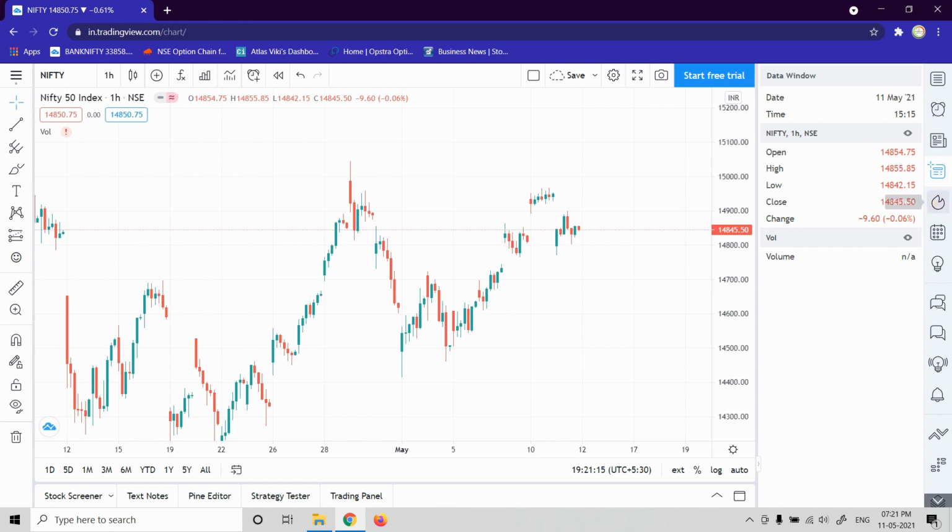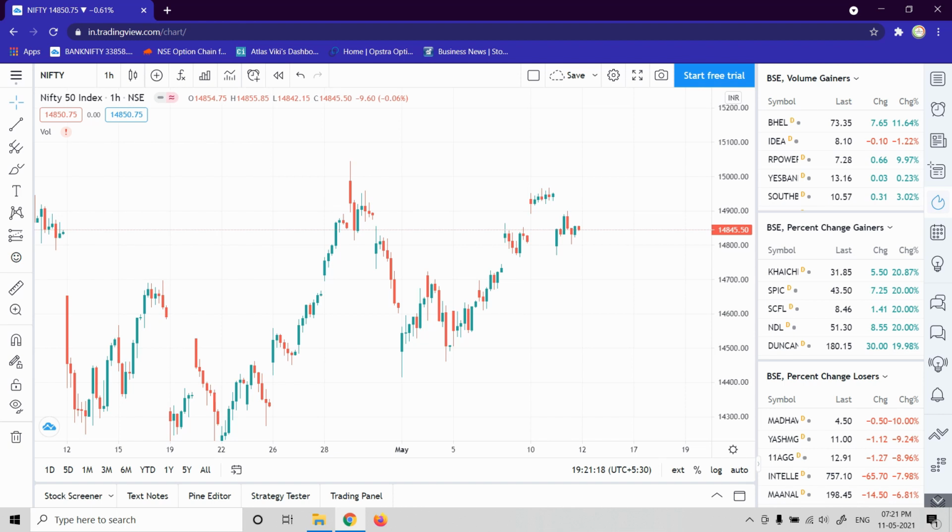The fifth one is a hot list. This is an indicator that is built in. If you want to know the top gainer, top loser, and all this kind of information, you don't have to go to the NSE site. You can directly get it in TradingView. There are a lot of other brokers also providing you this information, but it is very simple here. When you are looking at the chart, you can see it parallelly in the same window.